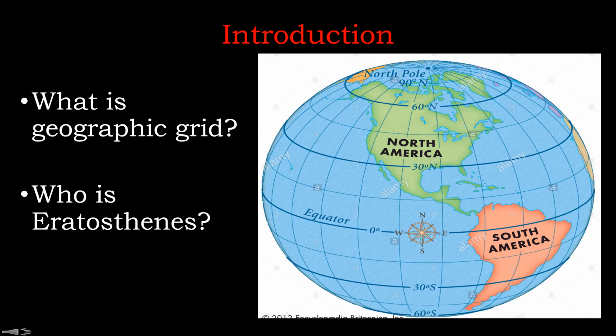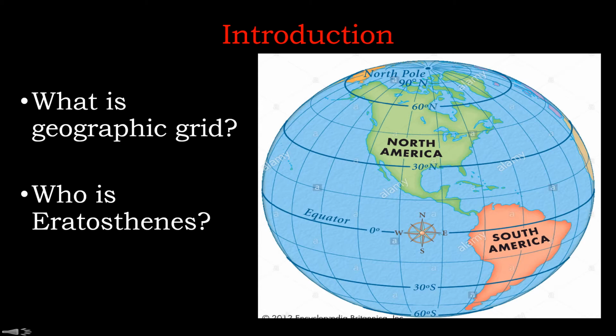The Earth's surface is so vast that unless a mathematical method is used, it is impossible to locate any place on it. For this reason, imaginary lines are drawn on the globe. The lines running east to west, parallel to the equator, are called lines of latitude. The lines running north to south, passing through the poles, are called lines of longitude.